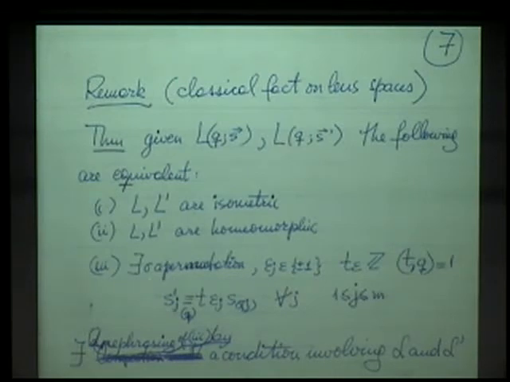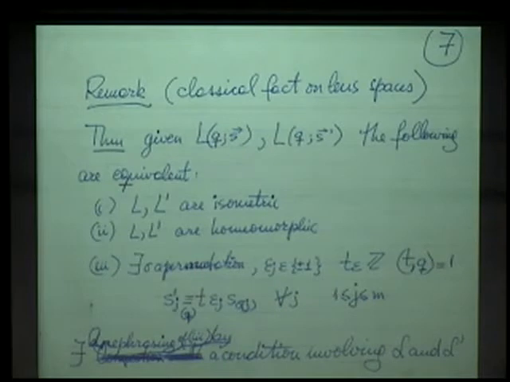There is a permutation and some change of signs, and t in Z, in this case we are taking L, Q, S prime. T and Q have to be co-prime. And so the S primes are obtained by a permutation of the S, followed by a change of sign, and all of them multiplied by a fixed t mod Q. So this is a classical fact which tells us when two length spaces will be isometric.